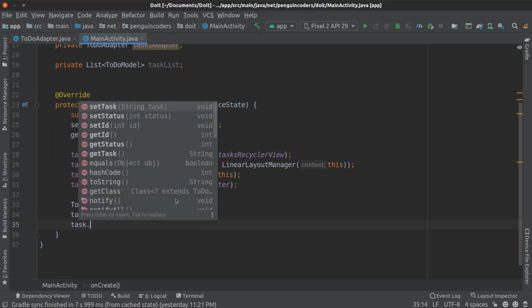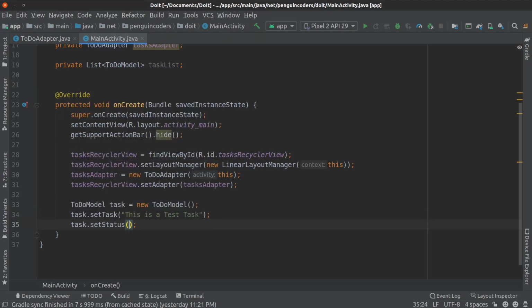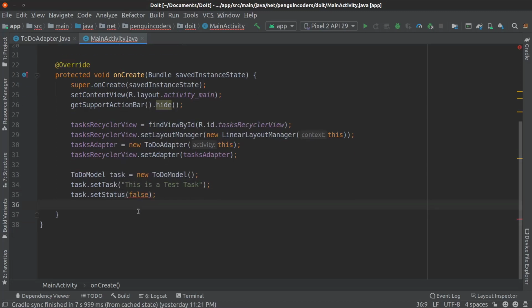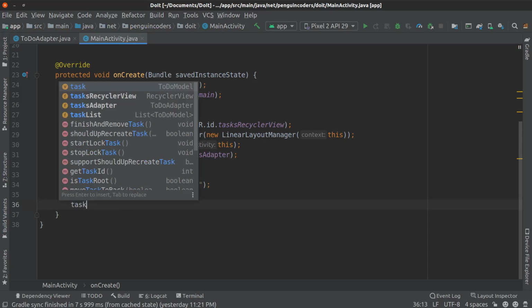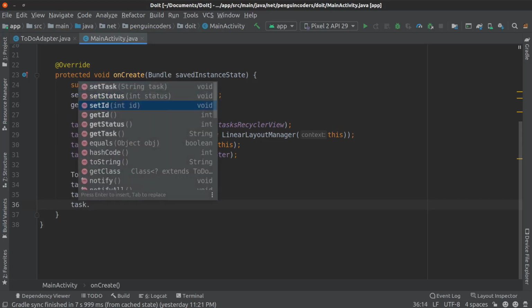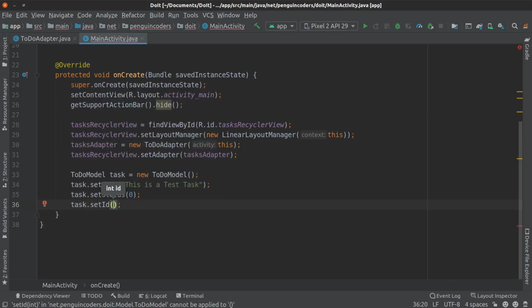Now I will mark the status as unchecked with setStatus, so I will pass it as false here. It actually accepts 0 or 1, so I'll put it as 0. Then I will write task.setId. So ID will be 1. We actually do not require the ID as of now, but let's set it.